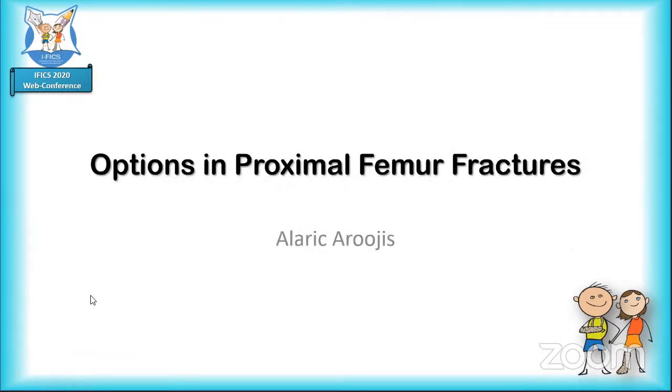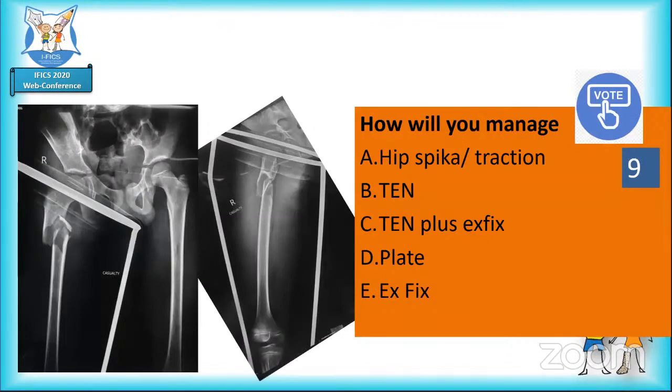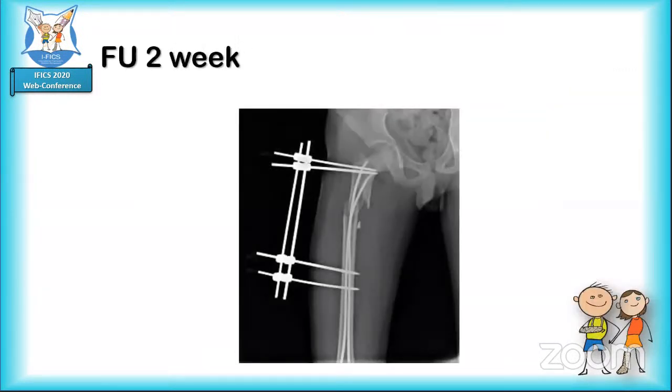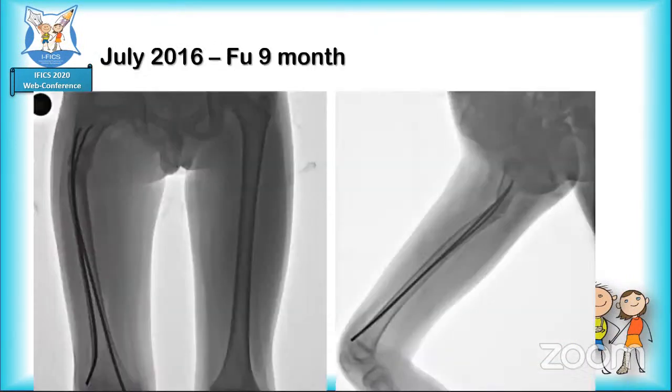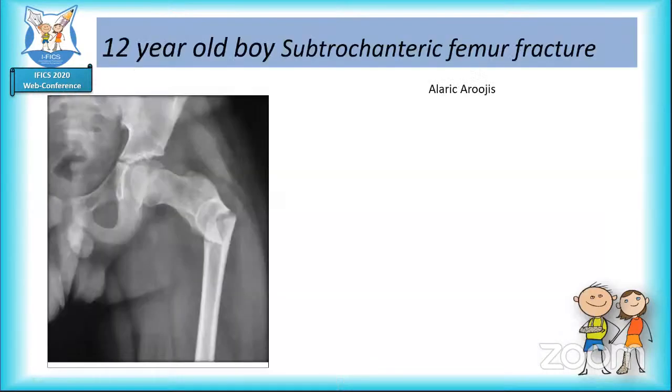And as far as proximal femur fractures are concerned, again, elastic nails are a very good way, but if it's not done properly, even if it's combined with an external support, you can have varus and it can become a problem. So Alaric, you want to show these cases where you opted for plating and a rigid fixation for these